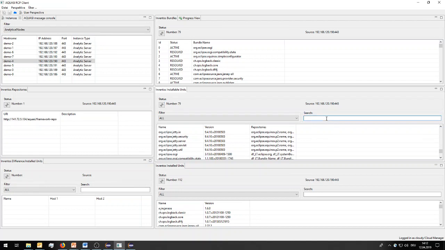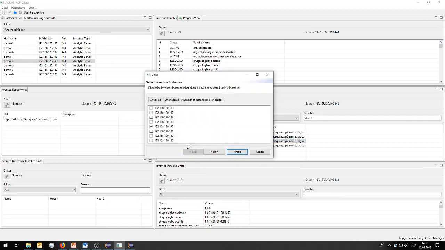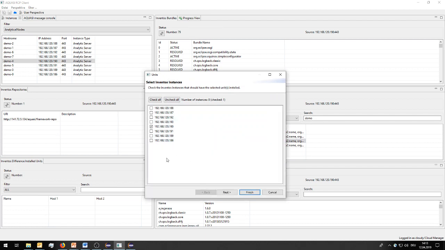In this bundle, in this repository, we have a small demonstration, and there is a demo app, which is just a simple bundle, which registers an HTTP service under the Jetty server, which is running, and that's done here. So it's quite easy to install this software on a few of the computers. So we get the list of all our nodes, of all of the software, and let's install them on